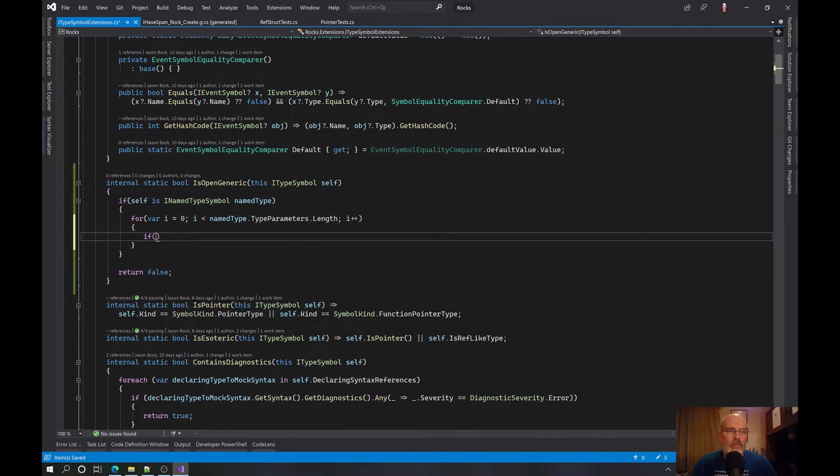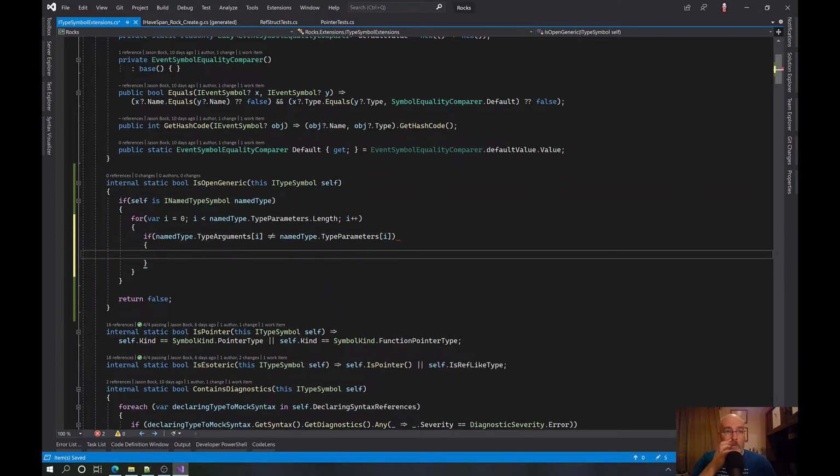And then we say if namedType.typeArguments of i does not equal namedType.typeParameters of i, we say return true. Okay? Because that means that you have an argument that has been set.